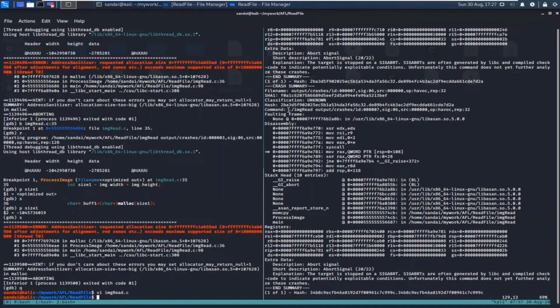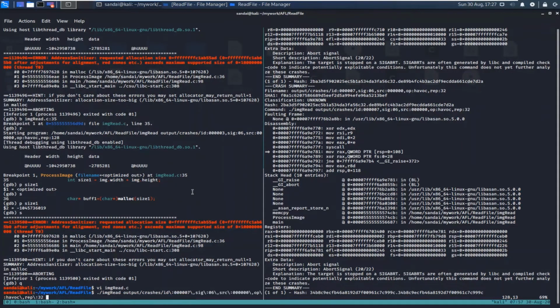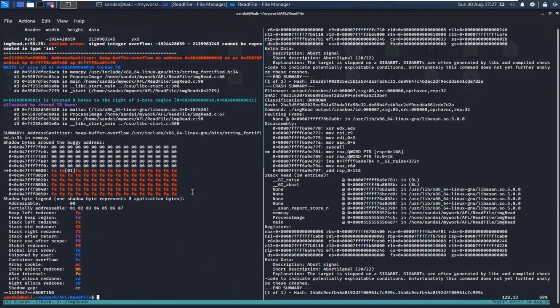It is image_read. Okay, the crash file is 7. So first let's simply run this file, and then we will analyze it. So image_read, output crashes id 7, and let's see. So you can see that it is a heap buffer overflow over here.